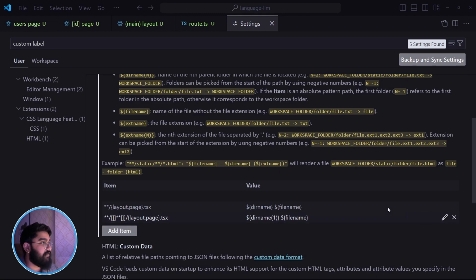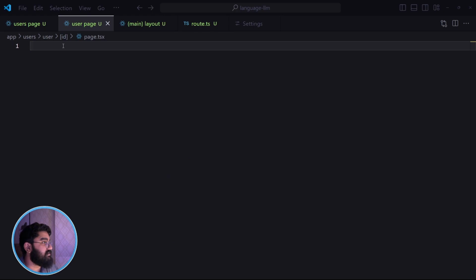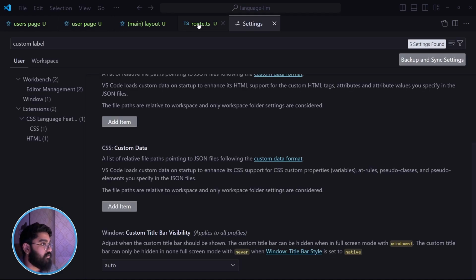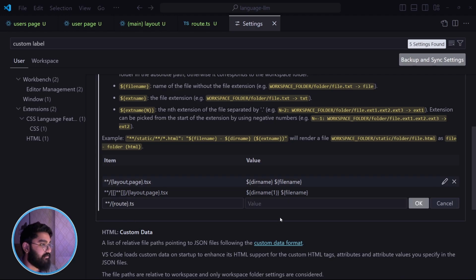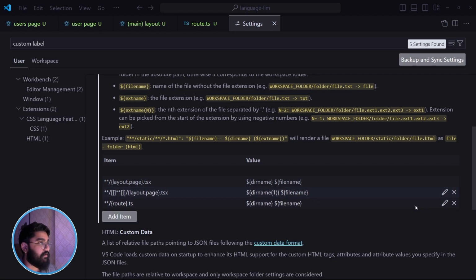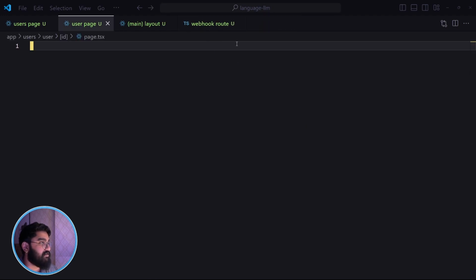So now if we save it, we'll notice that instead of displaying the ID, which is the direct parent, it is skipping this one and displaying the user, which makes more sense. We could do the same thing for the route as well, for which this time we're just targeting the route and filename, and that works as well. All right,